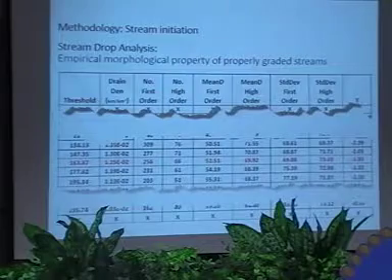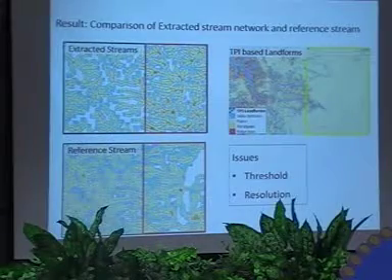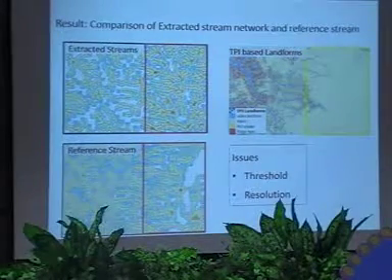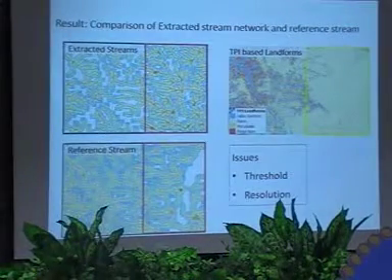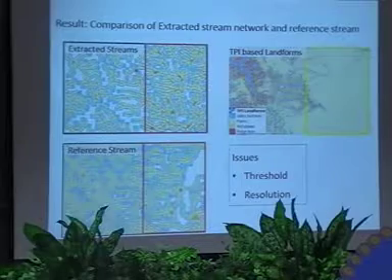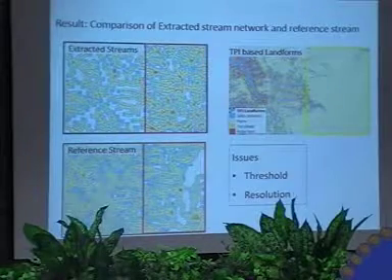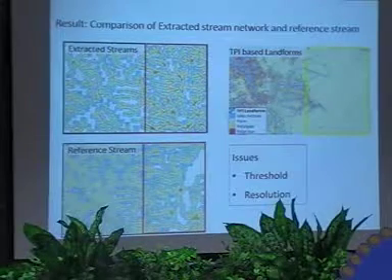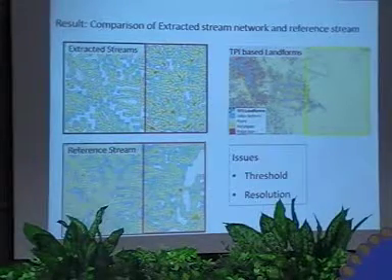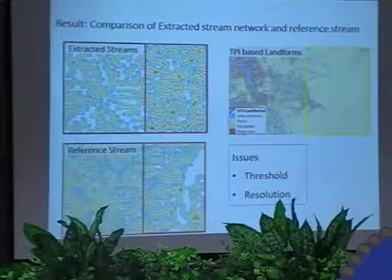So I'll show you some results. When we extracted the stream network based on this stream drop analysis, this is what we obtained. First of all, we classified the area generally into these types of landforms, and we see there are flat areas and these hill slope areas. You notice there is a difference between our extracted streams and our reference streams down here. For these hill slope areas, we see that we have a relatively low drainage density. For these flat areas, we have a higher drainage density. So there is this type of mismatch between this information,